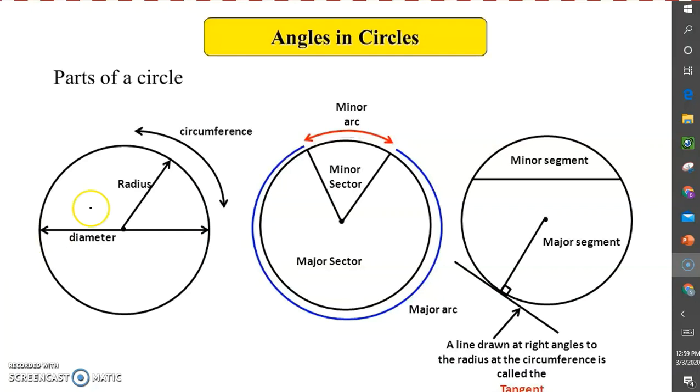So other parts of the circle are very important to identify: the diameter, the radius, the circumference, the minor sector, the major sector, the arc, major arc and minor arc, segment and tangent. A tangent is always perpendicular to the radius and the diameter. Likewise, diameter,